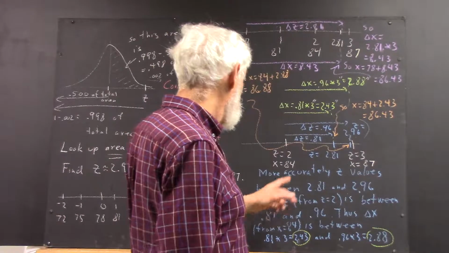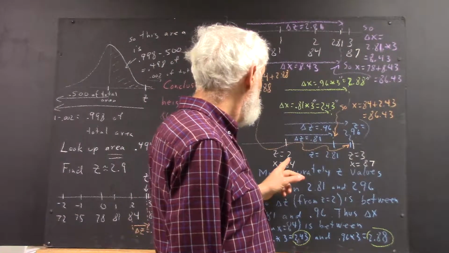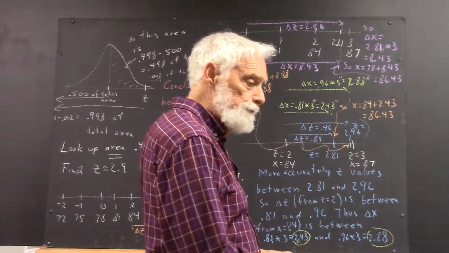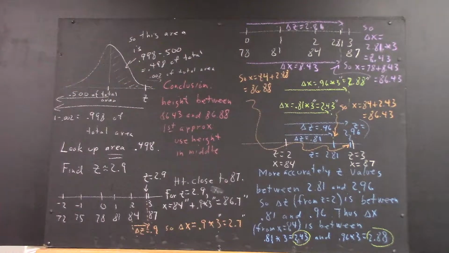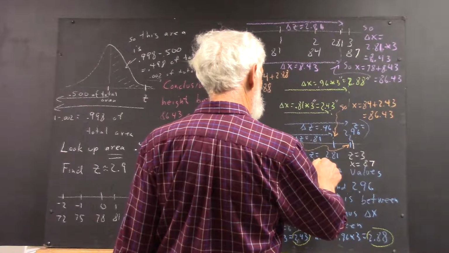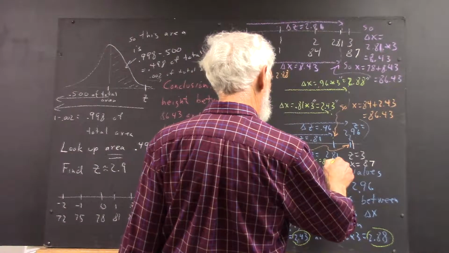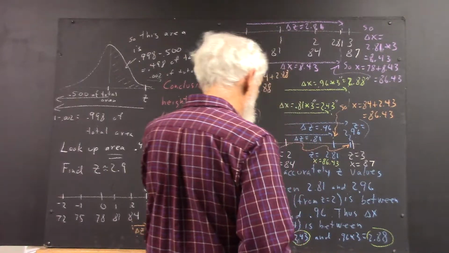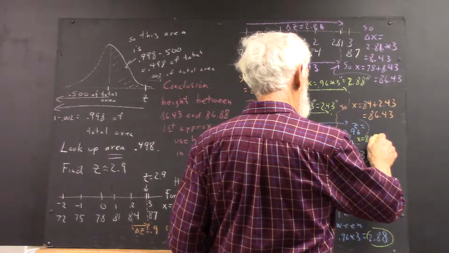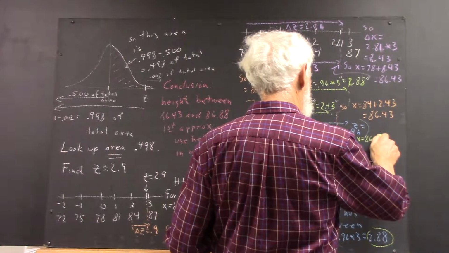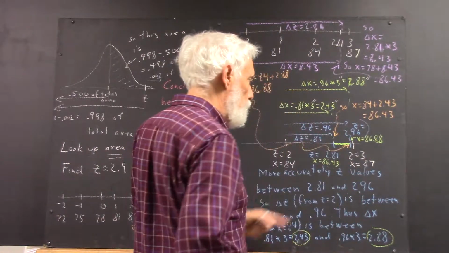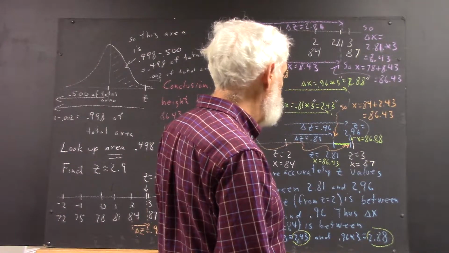Then, since this is at x equals 84 inches, well, 84 inches plus the 2.43 inches puts us here at x equals 86.43 inches. So we can conclude that x equals 86.43 here. And here, x equals 86.88 here. And now we've got a range of x values from 86.43 to 86.88, and we expect that our tallest player out of 500 might well be within that range,